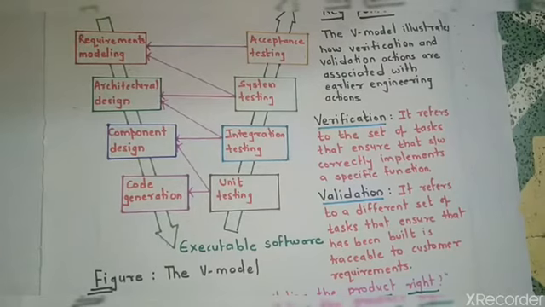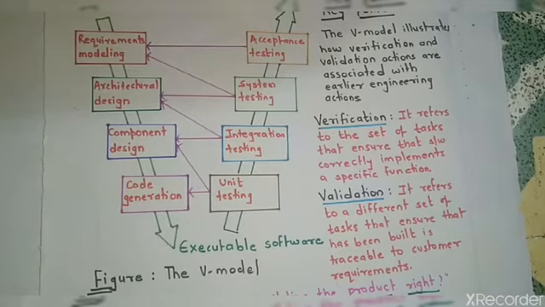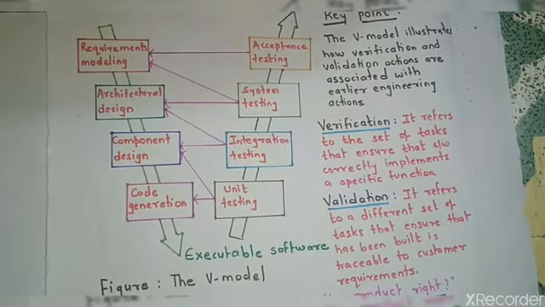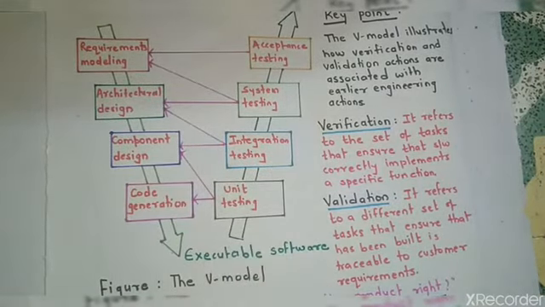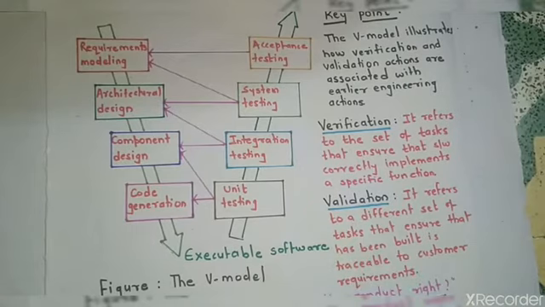So next in the series is the V model. V model is considered as the variation in the representation of the waterfall model. So as you can see, this is a V model. That is why the name V. It is forming the shape, and also the other reason is the activities which are there in the V model are of verification and validation. Now we are going to understand it.